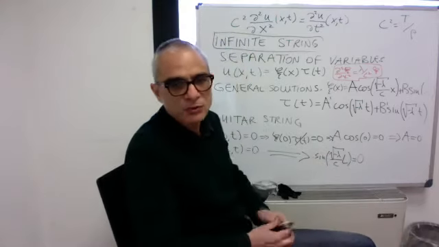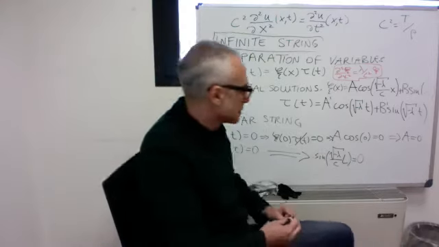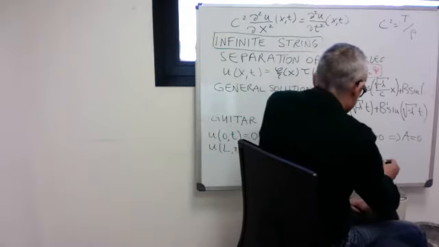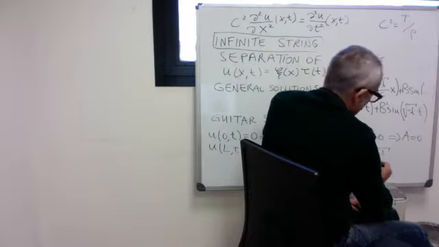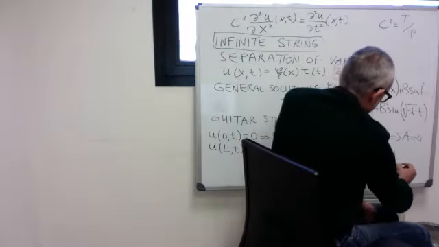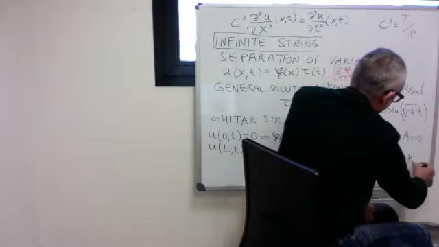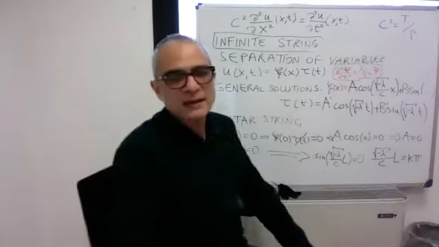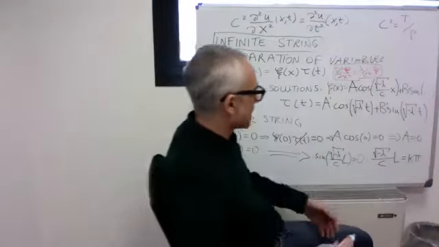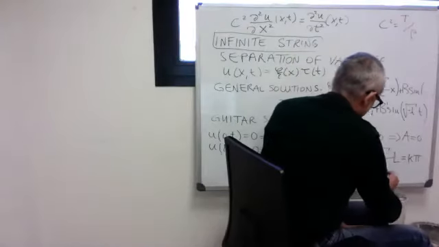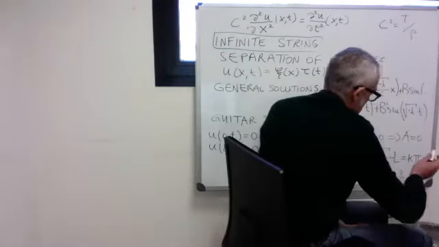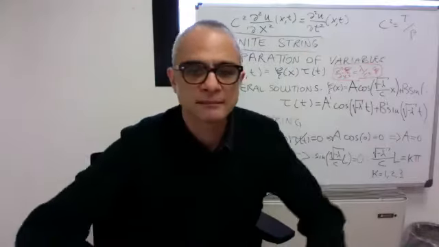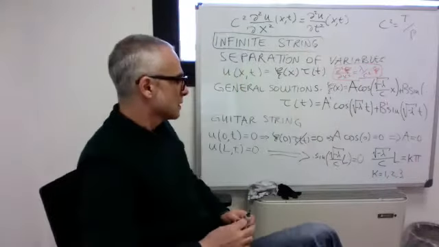When the number is a multiple of pi. So if I write that the square root of minus lambda, divided by c, times L equals k pi, where k is an integer number, can be 1, can be 2, can be 3, etc., up to infinitely large,